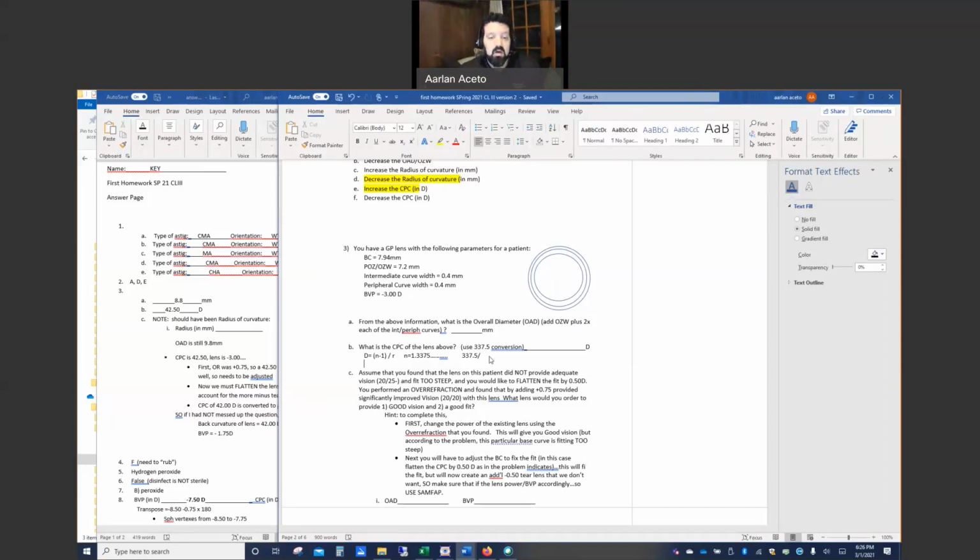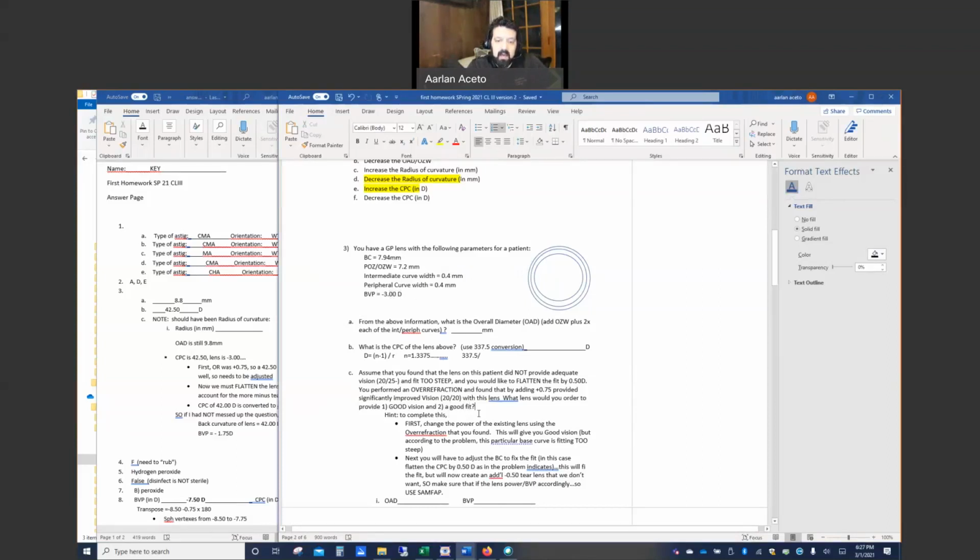So in this case, we performed an overrefraction and we found that by adding a plus 0.75 to the prescription, they saw better. So that would be the first thing I would do. Take whatever I gave them, and here's the lens right here. It was a -3.75. And despite the fact that it fits terribly, in order to make them see better, in overrefraction, we'd have to add plus 0.75. So this would give us, if we did it in order,